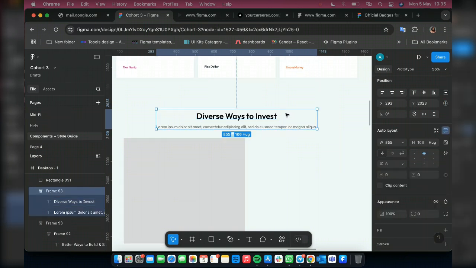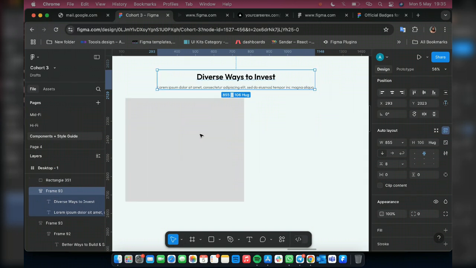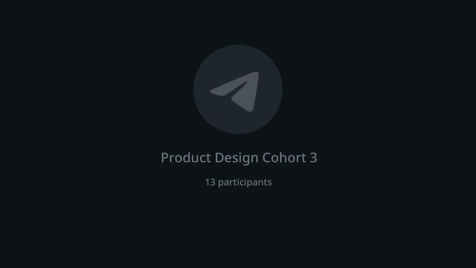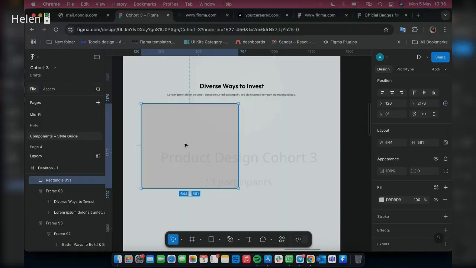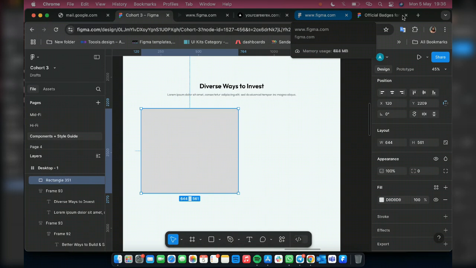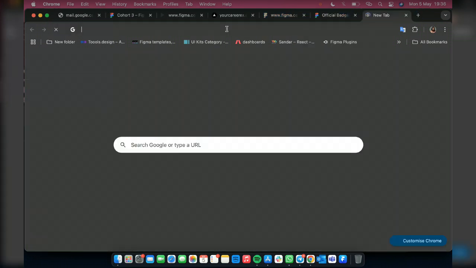Now the image part. What I'm going to do is look for another way. I'm just going to design this in another way, so let's play around with these shapes here. Let's go and get our image. Let me open another tab for image. I'm using images from